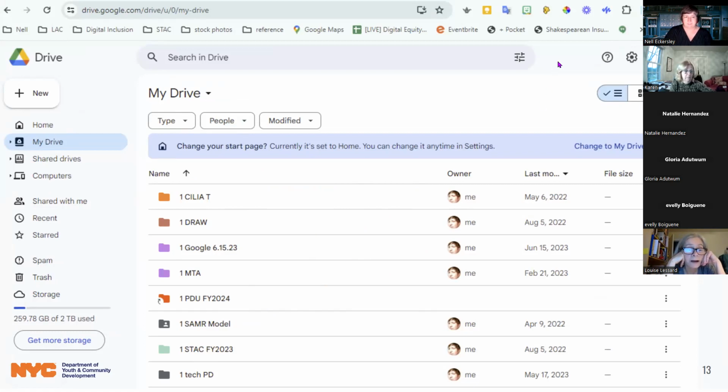Oh my God. 2 terabytes. 2 terabytes. What? That's craziness. Okay, that's a big difference, right? 15 gigs versus 2 terabytes. What other things? Do we see anything different over here in this left-hand corner, left-hand side?